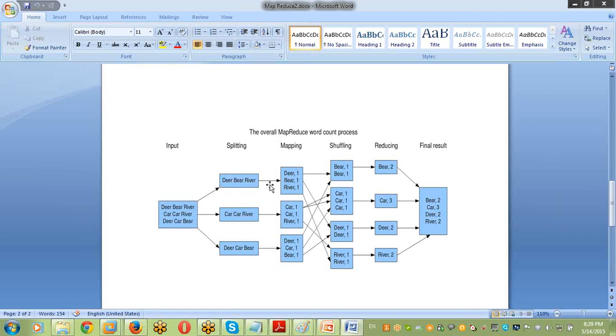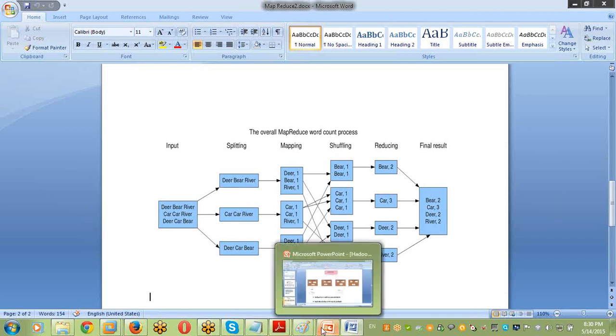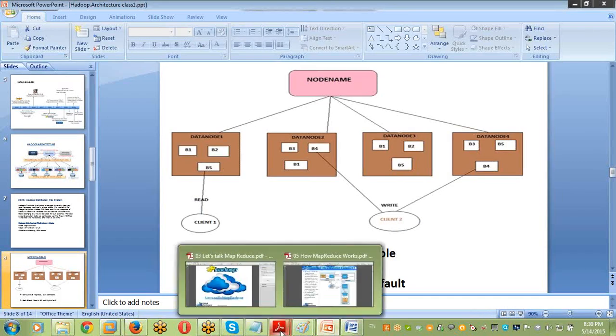Generally, in interviews people ask a very common question: in your program, how many mappers are running? Why do they ask? If you are submitting a Hive query, how many mappers are running? Because our data processing speed depends on the number of mappers. So simply say, by default, the number of mappers running equals the number of input splits.